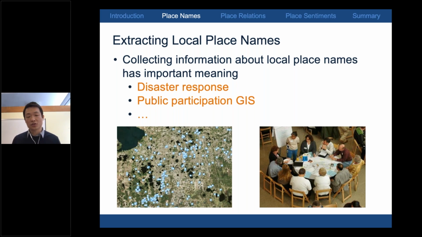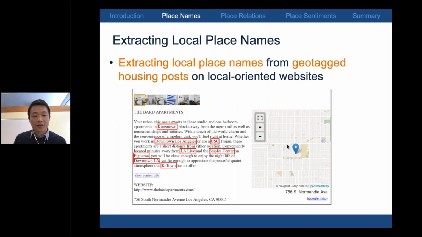For public participation in GIS, the participating residents may also use local place names to refer to neighborhoods or to refer to other local areas. And if a GIS can recognize and understand these local place names, it can facilitate the discussion process. So in this work, we propose to extract local place names from geotagged housing posts published on local-oriented websites such